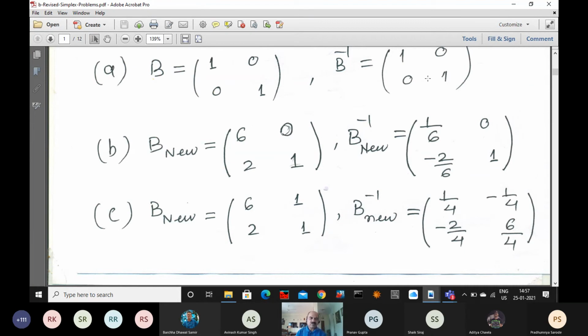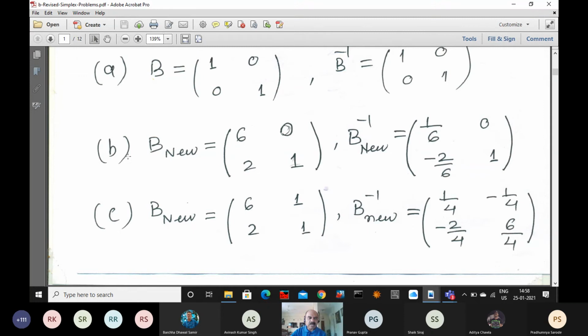Now next. If you observe the first and how I have changed, I will tell you later. If you observe first and second, 1001 and it is 6021. So second column same. First column there is a difference. So which column are we changing? We are changing first column. If you change first column, our inverse is nothing but our E1. I have told you. So you can compute and you will find this is your inverse. So how to compute? I have told you earlier step, same step you follow.